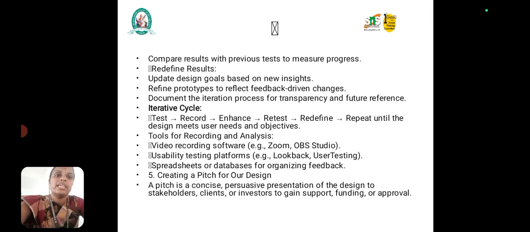Next, creating a pitch for our design. A pitch is a concise, precise presentation of the design to stakeholders, clients or investors to gain the support,